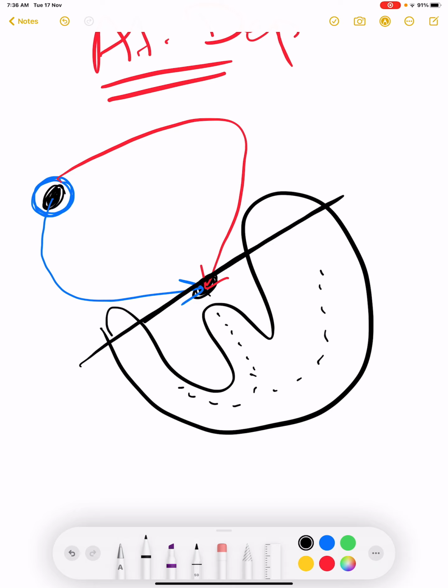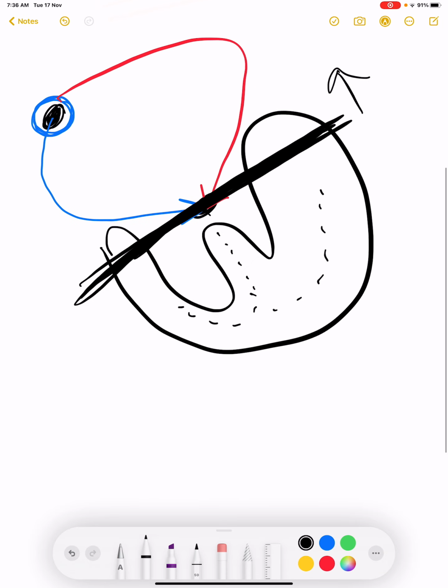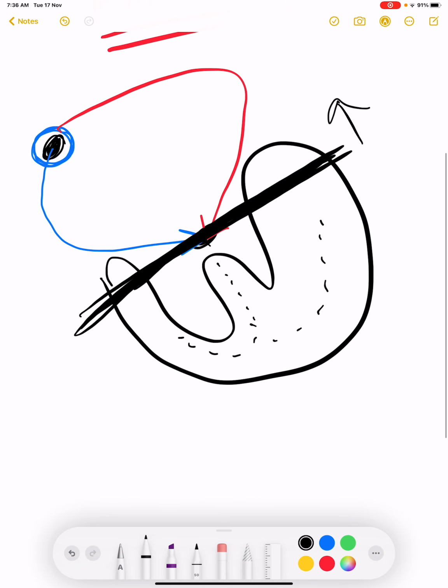In this video, we will discuss only the part above this line. We will discuss only what happens in the atria, and I will not go to the ventricle or septum or AV node. So the P wave is just a representation of what is happening above this line.